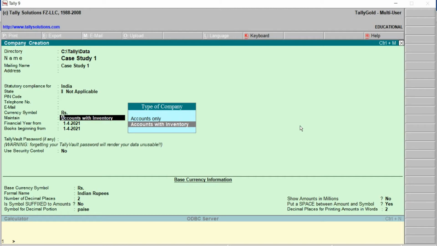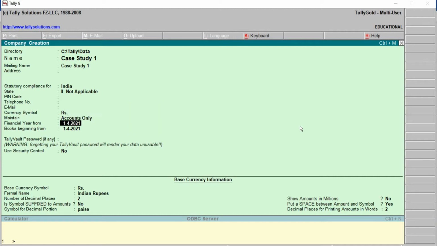Right now we will select accounts only, because only accounting transactions are available. And the financial year will be from 1st of April 2021. Then it comes out with accept question mark, press Y from the keyboard to create this one.